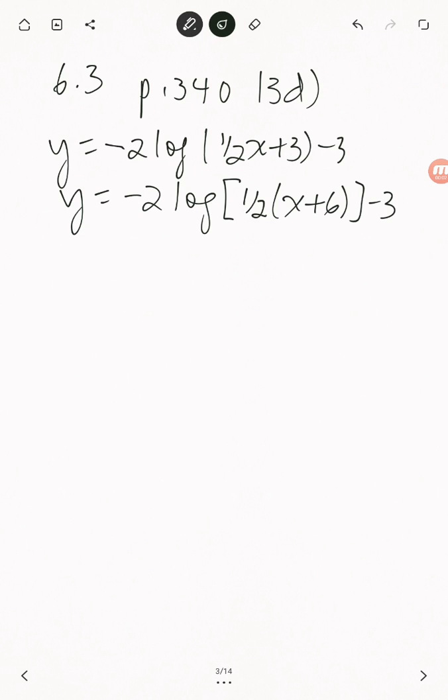Hi again, guys. This is section 6.3 and I'm going to do my second example of sketching a transformed logarithmic function, which is number 13D on page 340. So I've written down the function here, and remember that before we go ahead and do our mapping notation, we want to make sure to,